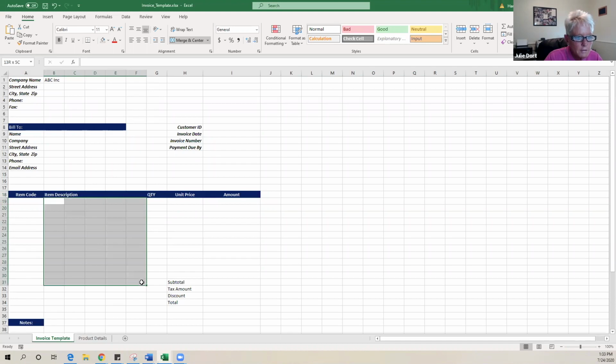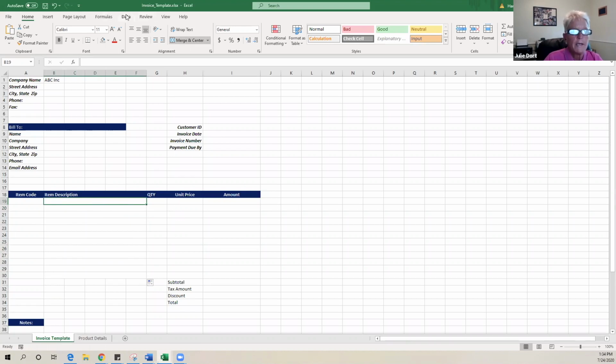Okay. So for my item description, I'm going to go ahead and merge these cells. And then I'll just fill that down. Okay, so for our item description,